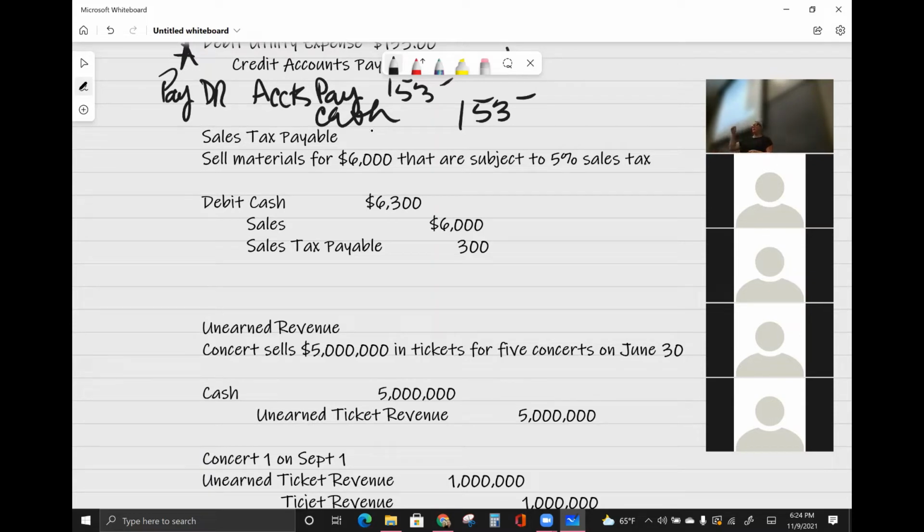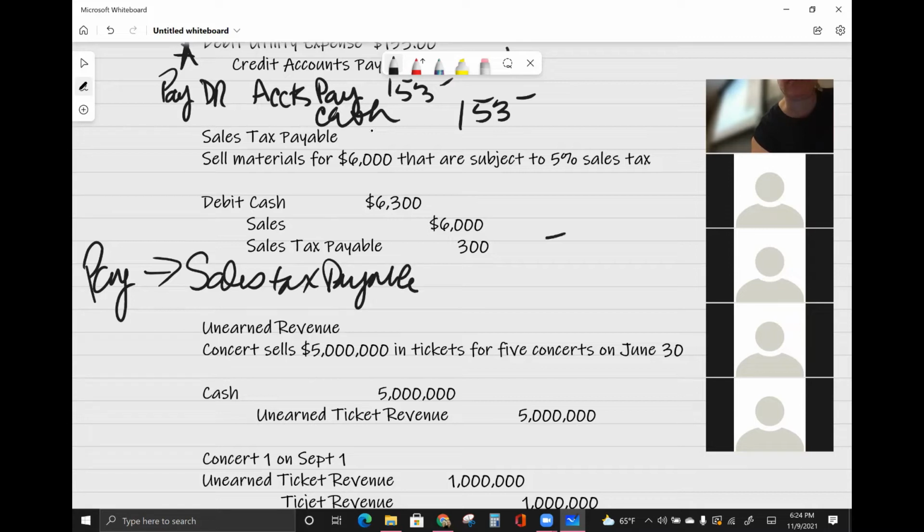Now, at the end of the month, I'm going to run my reports, do everything I need to do. And before the 20th of the following month, I'm going to submit all my documents and say, I collected $300. Now I need to pay it out. So what are we going to do when we pay that sales tax? We're going to debit sales tax payable